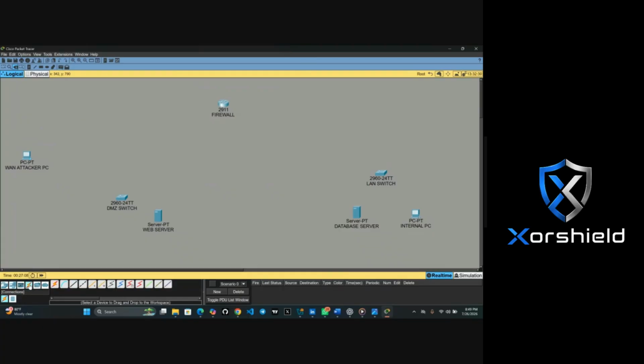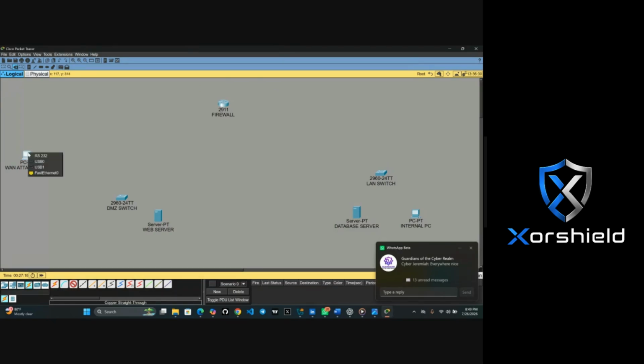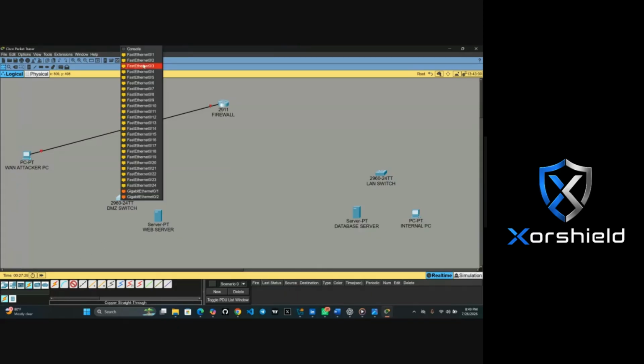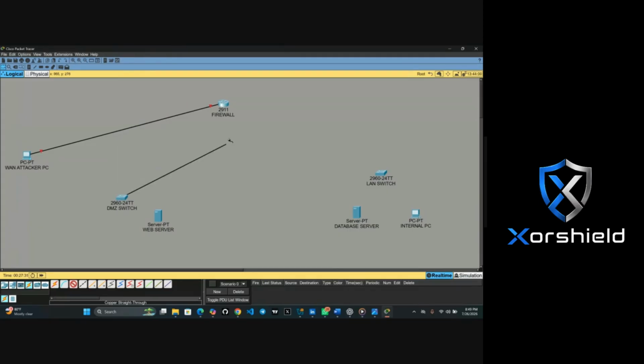So you go to your connection cable. You can use auto, but one thing you have to do is this. Then from this, Fast Ethernet 0 to what? To your firewall, Gigabit Ethernet 0/0. Then the same cable, take it from your switch, Fast Ethernet 0/1, to what? To your firewall, Gigabit 0/1.